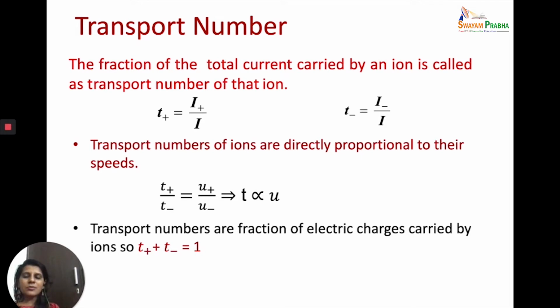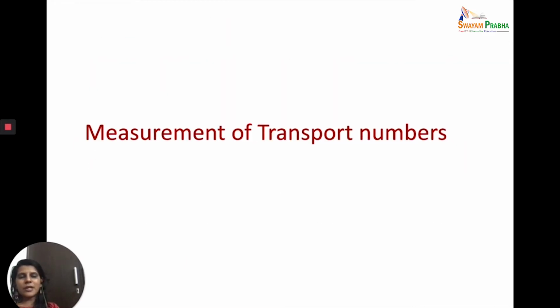Now, because we know that the transport numbers are the fraction of the total current carried by an ion, the sum of the transport number of the cation and the transport number of the anion should always be equal to 1. So, if you determine the value of one transport number, of the cation or the anion, then the other can be determined by just subtracting that value from 1. I have to remind you that this transport number is also called transference number